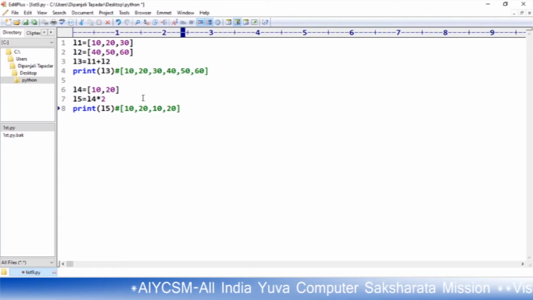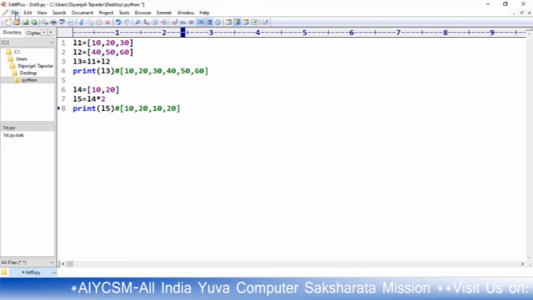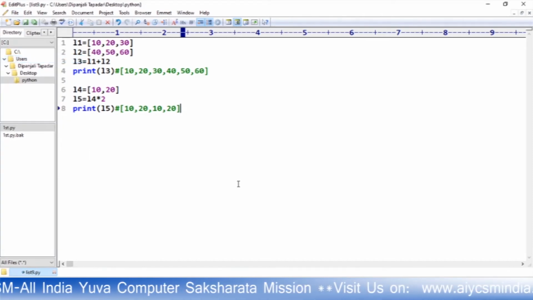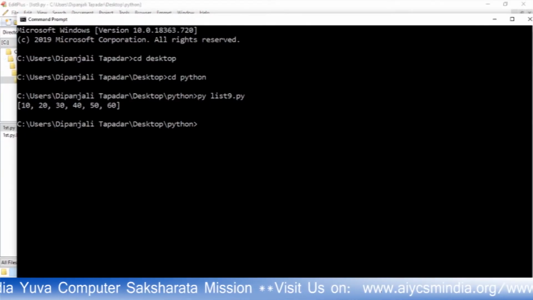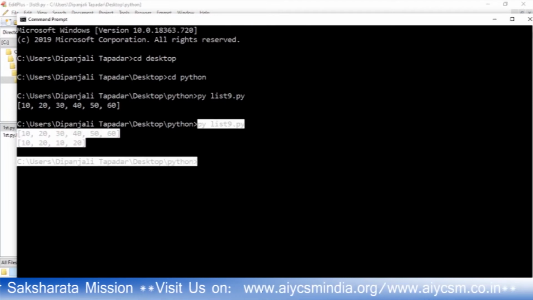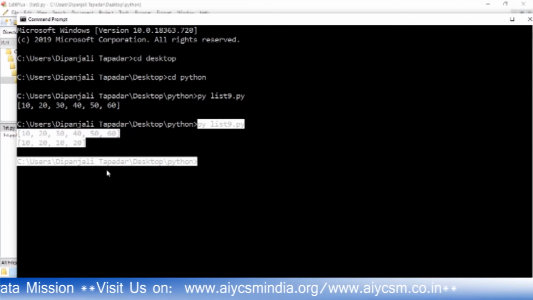Please save this one and run it from the command prompt, in the same program I saved. Color has been changed. You will see 10, 20, 10, 20.